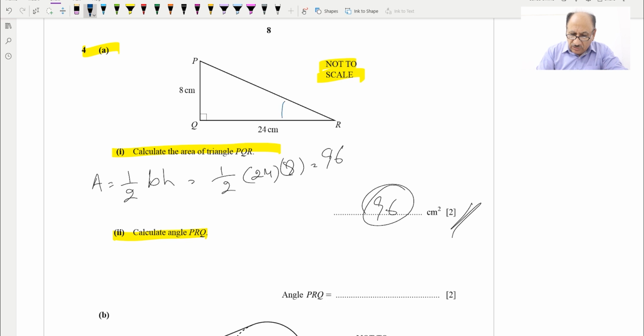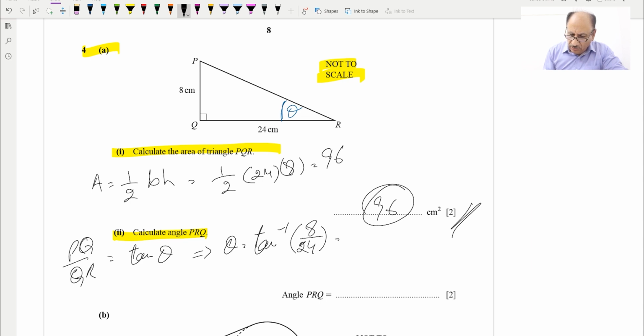PRQ is this much angle, so theta we can take. So opposite over adjacent will be PQ over QR, which is equal to tan of theta. So this implies theta is equal to tan inverse of PQ over QR, which is 8 over 24, and this one we